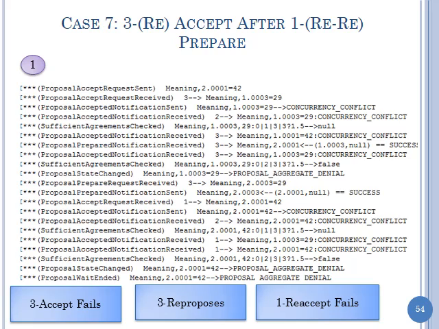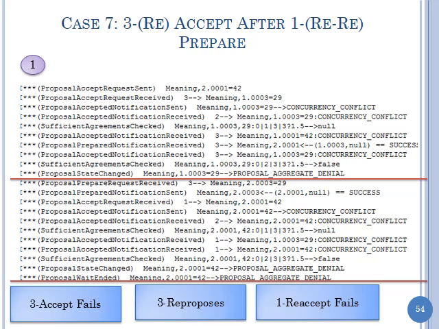and this shows you, if you look at it in detail, that 3's accept is going to fail because 1 prepared a new value, and then 3 reproposes, which causes 1's reaccept to fail, and so that's what's happening here. Okay, so you get a denial in the accept because 3's accept failed. Okay, that's 1.003 equals 29, that failed, and then we get an aggregate denial for 2's accept also. Okay, so everybody's getting denied,